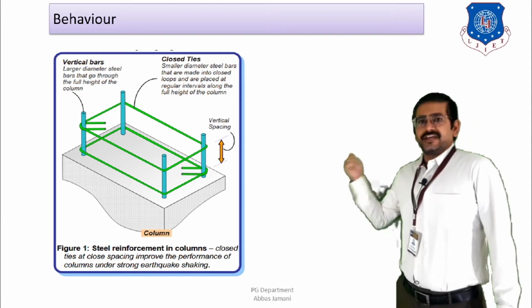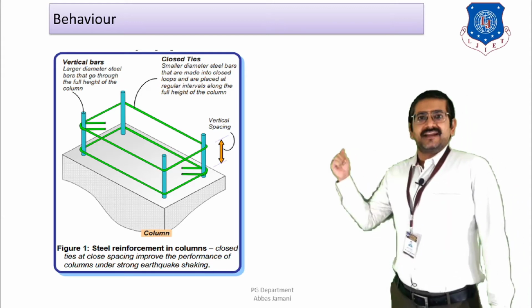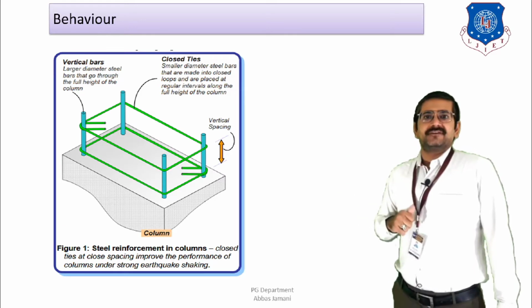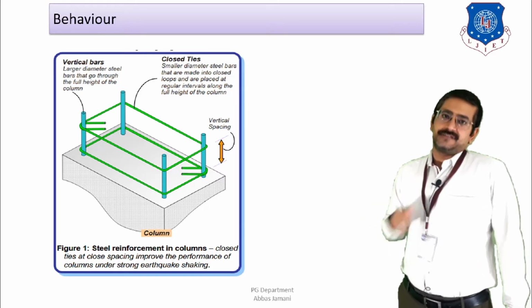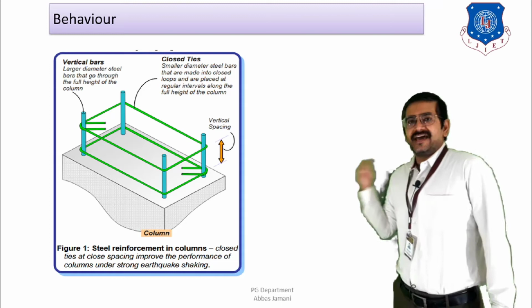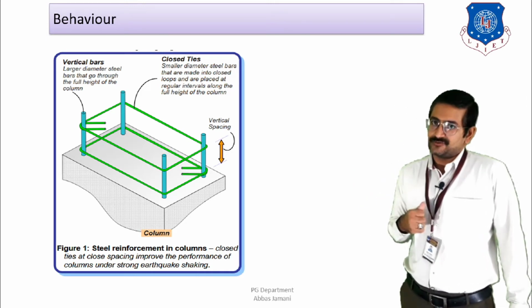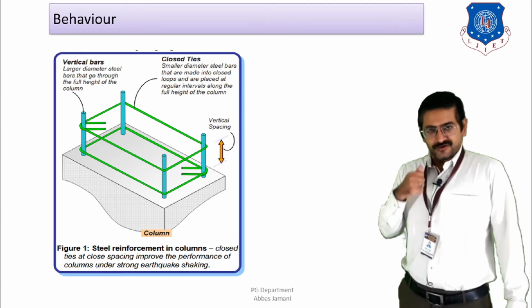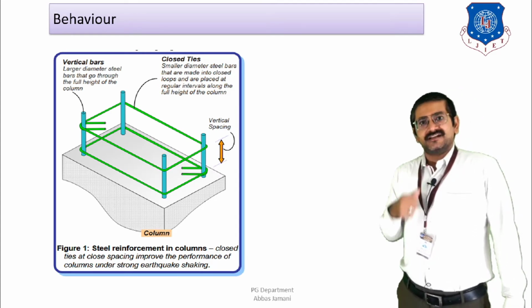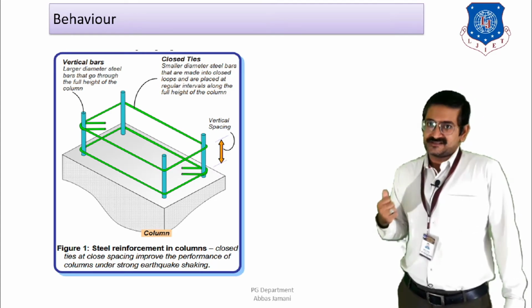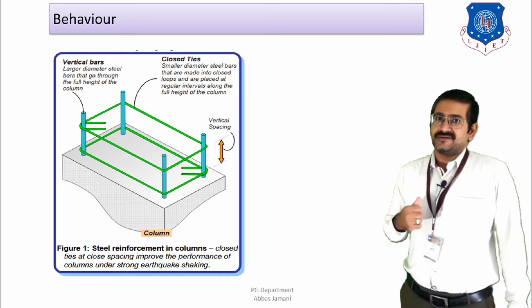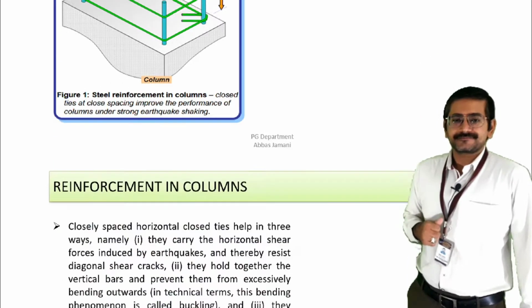If I am talking about the diameter of the vertical bar, then it can be a minimum of 12 mm and a maximum of 32 mm. And if I am talking about the diameter of the closed stirrups, then the minimum diameter of bar as per the IS code is 8 mm, right? So from 8 mm onwards, and with certain spacing guidelines which we are going to see in this lecture, we will be able to detail the column in a better manner, right?